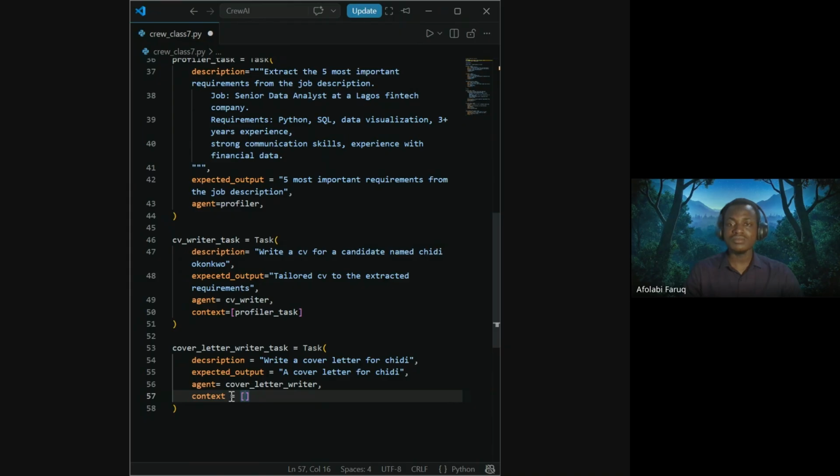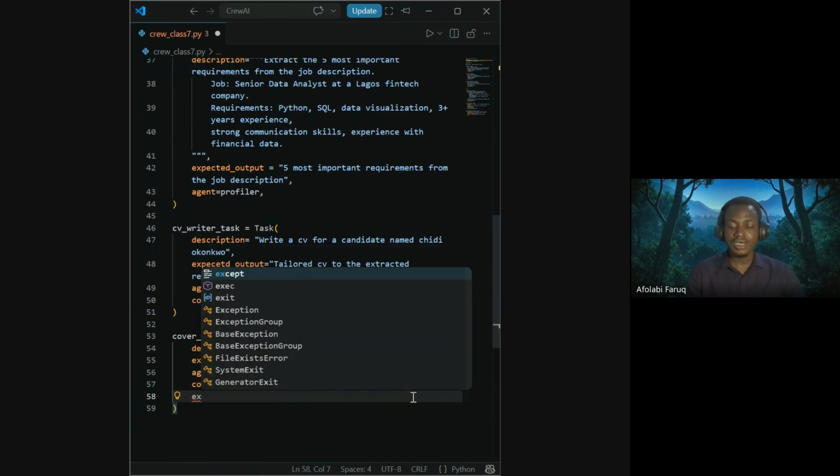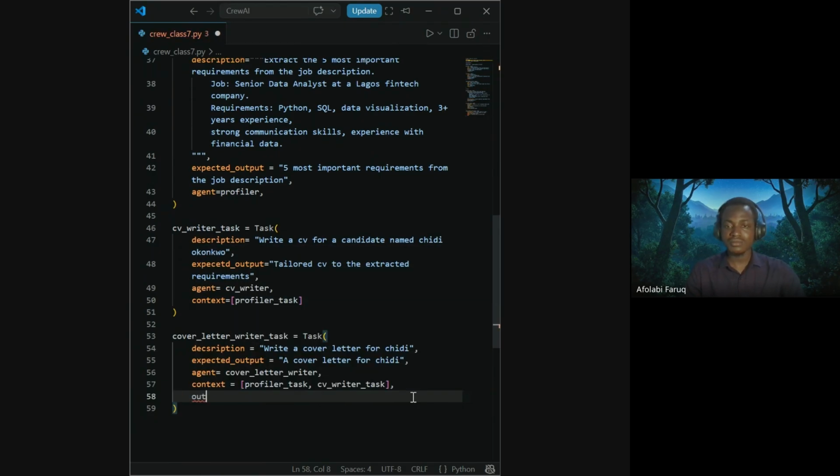We have a context to be, what's the context again? So you have the profiler class, followed by the CV writer, the CV writer task. Okay, and we also have an expected output file.